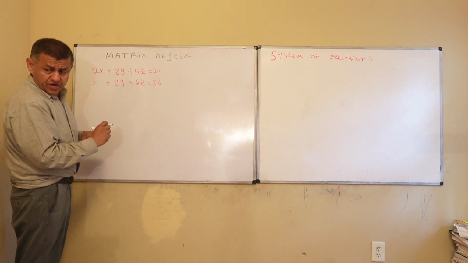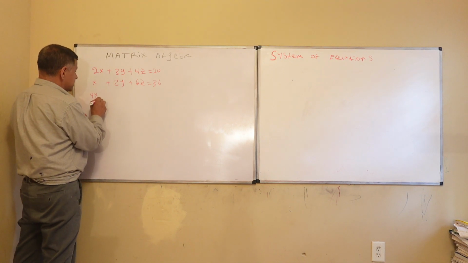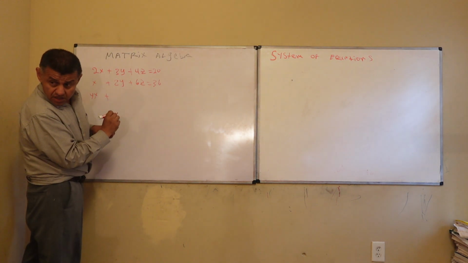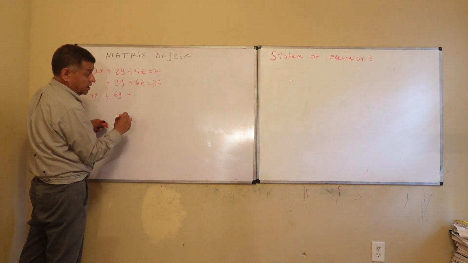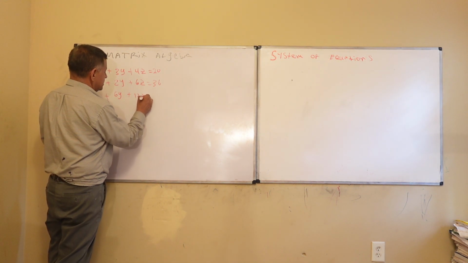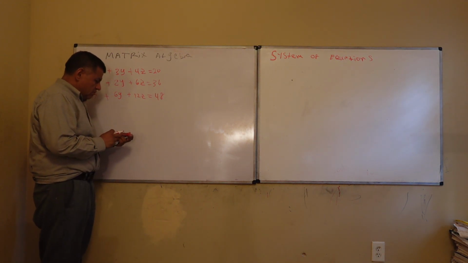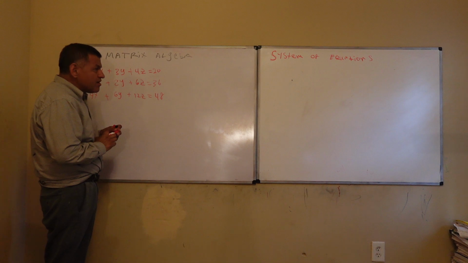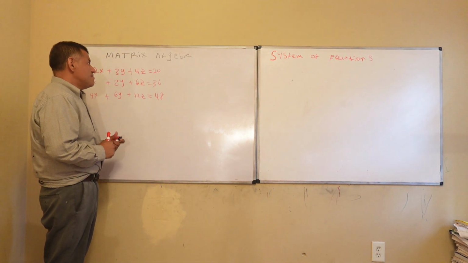And the third equation is 4x plus 6y plus 12z equal to 48, right? So I don't have the answer for this problem because I made it myself, but we